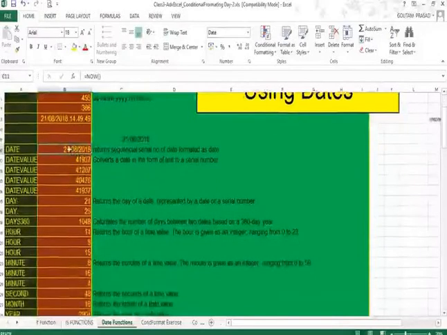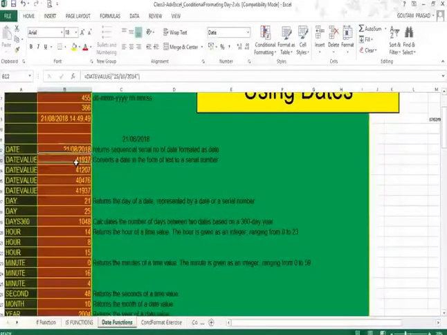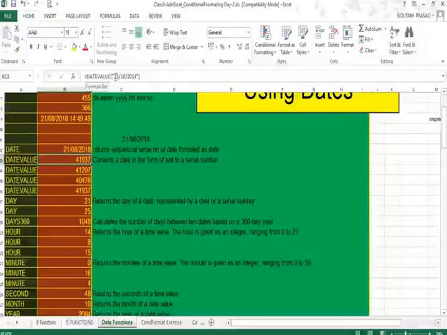Now considering this date, there is a function called DATEVALUE, and that gives you a number equivalent to the date. So here we have used the DATEVALUE function, and we have taken a date, 25th of October 2014. Remember that the date has to be written within double quotes. So this has given you a number equivalent to this date, that is 25th of October 2014.